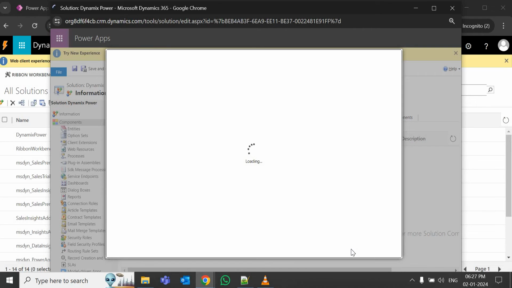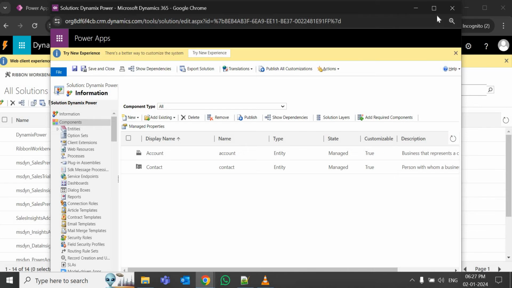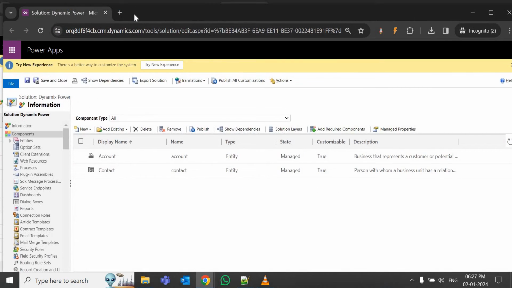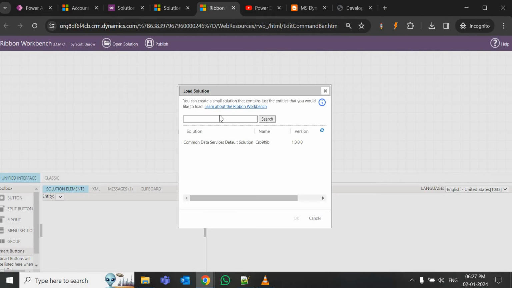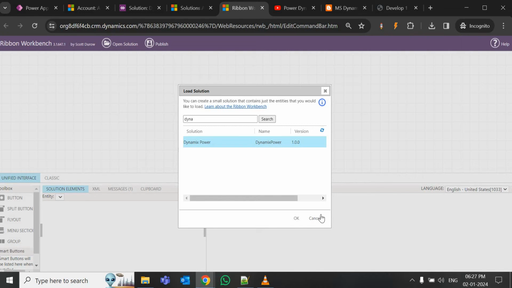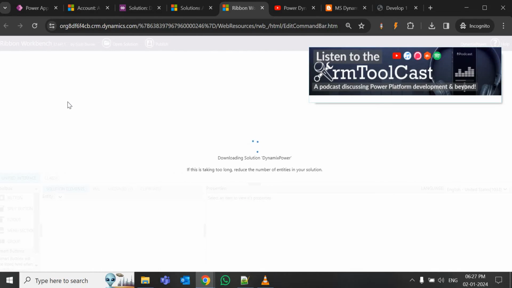and that's all, finish. So once you have created your solution with just the minimal thing of that entity name, then we can load that. Once again, click on finish. Okay, this is done. I'm going to open it as a tab, not this one. And here in the ribbon workbench, let's close this one. In the ribbon workbench, search your solution and load it. Now it is going to import the solution into the ribbon workbench, and it will show you